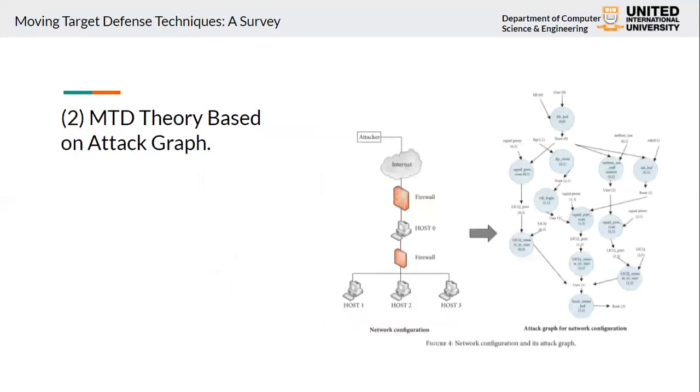The MTD theory based on attack graph. In this figure 4, a network configuration is shown on the left side, and the attack graph of this network is shown on the right side. Each node in this attack graph refers to one specific vulnerability exploited by the attacker in this network. For example, if the attacker gains the rights of host tree, it can gain the root privilege of host tree after exploiting its local settings. Based on the given network configuration, vulnerabilities, and connectivity-limiting firewall policies, the success rate of different attack paths in this attack graph can be calculated easily.